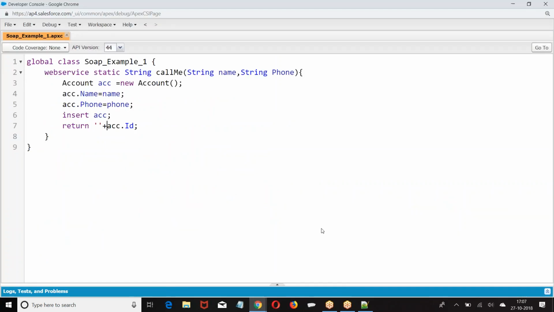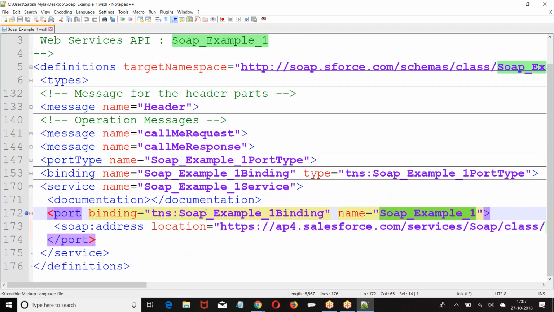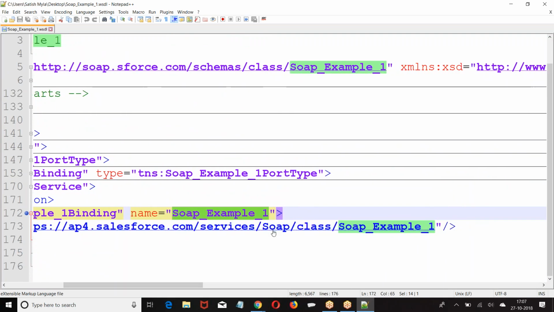And every class is referred to using a URL. If you look at this, what is the location of this class? ap4.salesforce.com/services/soap/class/soap example. If it is a REST API, how did you give it? ap4.salesforce.com/services/apex/rest/ followed by the URL mapping, whatever name you have given as the URL mapping.